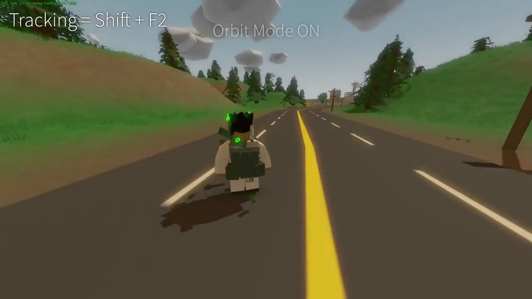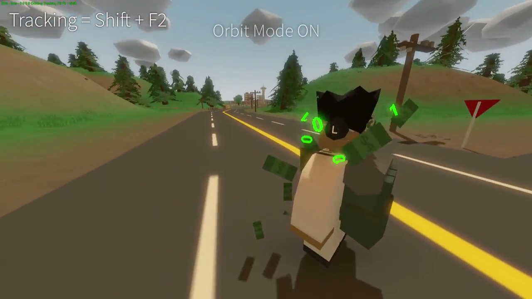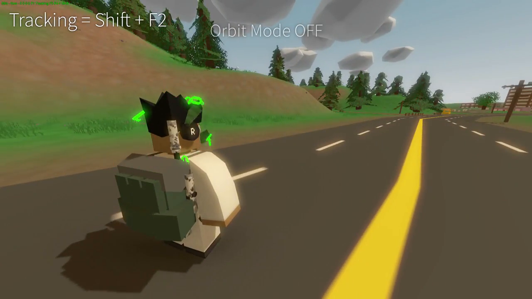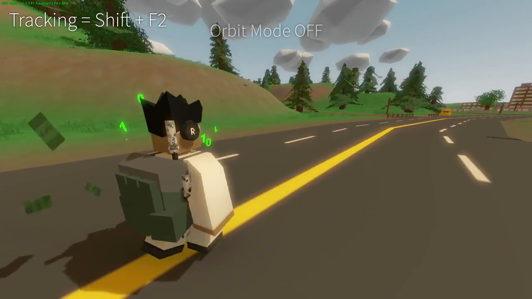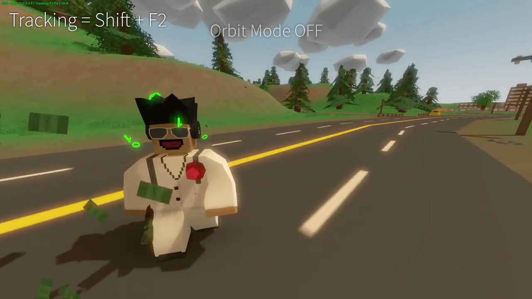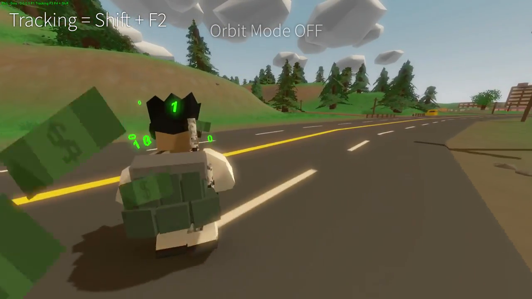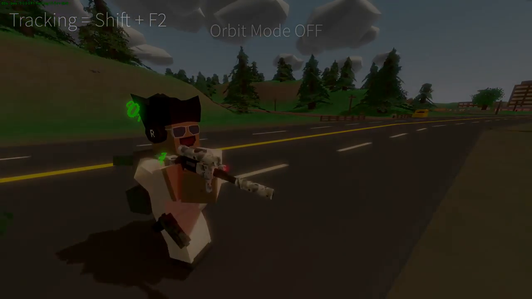Now, Shift F2, as discussed earlier, toggles tracking mode. With orbiting mode on, it does nothing. But with orbiting mode off, the camera's position will be affixed to the character and the camera will always be looking in the same direction. You can move around and look around, pick up items, etc. as normal using the regular controls. Now, if you want to change the position of the camera, turn orbit mode on, move it around, and then